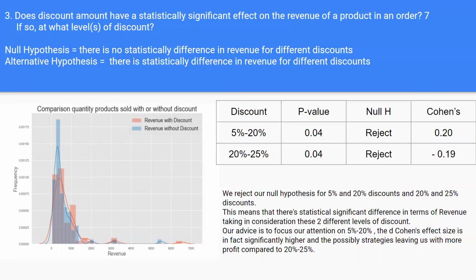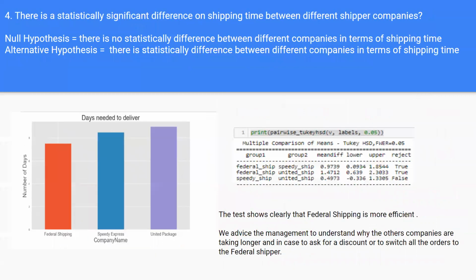So there's actually a difference in terms of revenue when we compare those discounts. And our advice is to focus our attention on 5% and 20%, because the effect size is bigger, and the overall discount being less than, for example, 20% or 25%